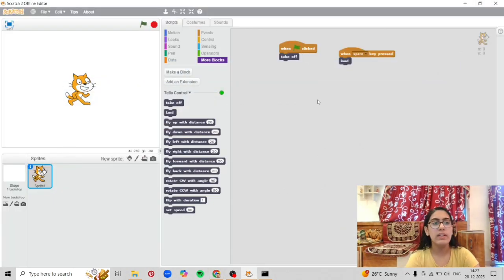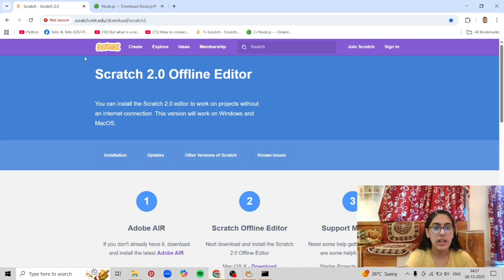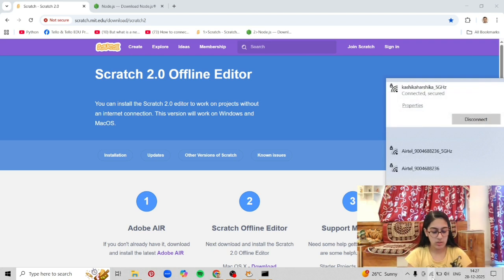Right now we have connected Tello to Scratch, but we haven't connected our specific drone to this computer. For that, as I already told you, we need a Scratch offline version, which is why we use the Scratch 2.0 offline editor. Now I will be switching on my drone, and when I do that, it will show up as a Wi-Fi device, not a Bluetooth device.